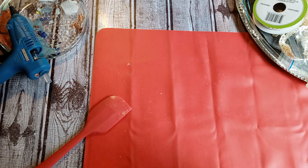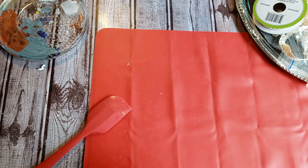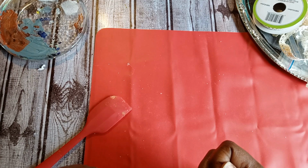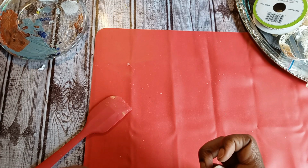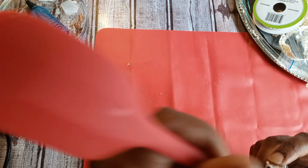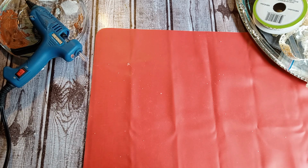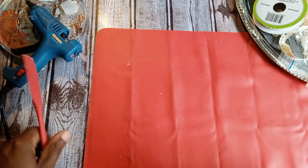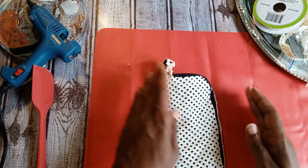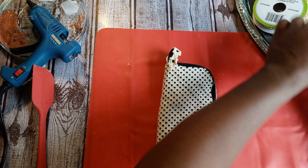I had to cut a little bit of that extra out because it was a bit much. So I cut some of it off, and I'm gonna put a little bit more glue on it and tuck it back on the inside. Much better. All right. So we have that there like so. Now let's move on to